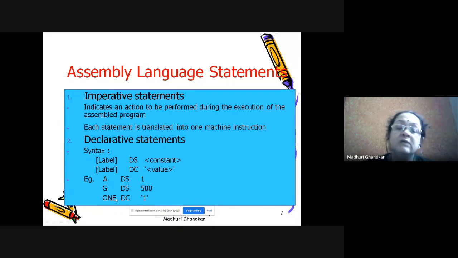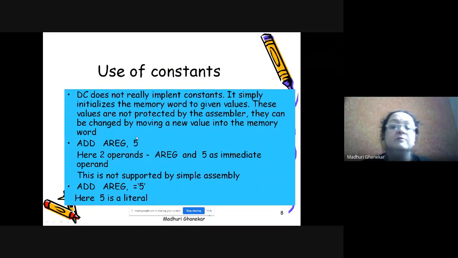So ONE is having the value 1. Now, the constant: DC does not really allow us to implement a constant. It simply initializes the memory word to the given values. These values are not protected by the assembler.